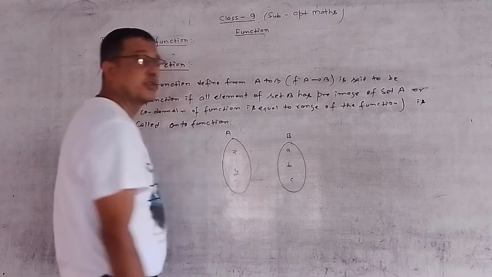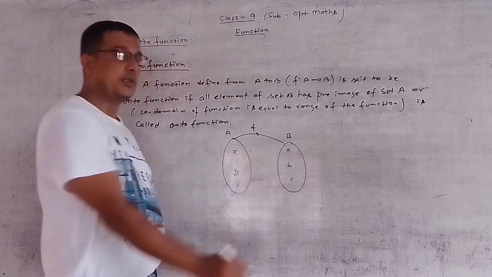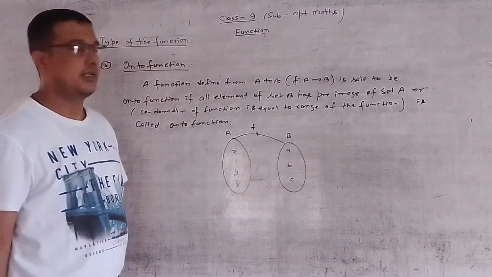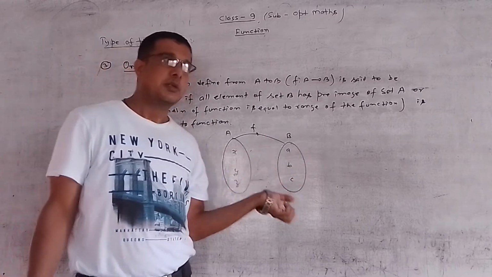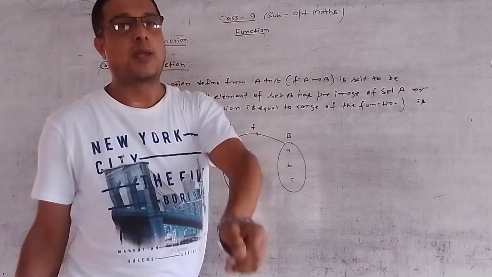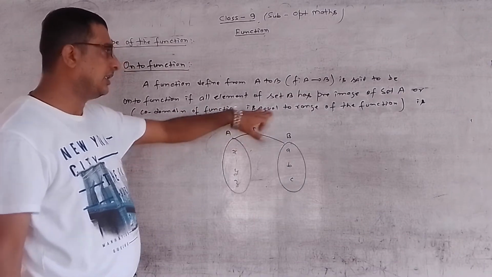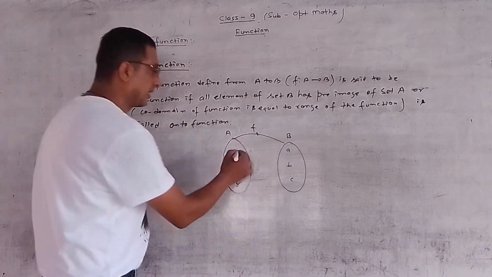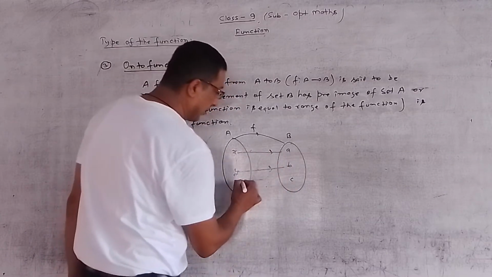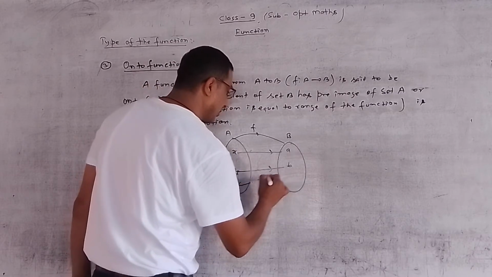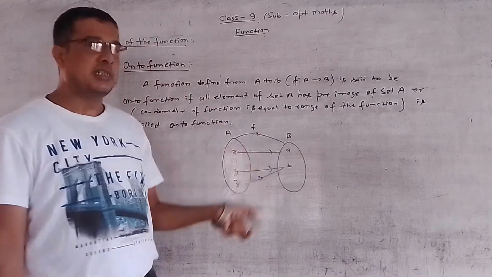Z and also Z. So all elements of the function from A to B, all elements of set A have a pre-image in set B; all elements of set B must participate in a mapping. In other words, the codomain of the function is equal to the range of the function. So x maps to A, y maps to B, and z maps again to B also. If the codomain is A and B, the range is also A, B.